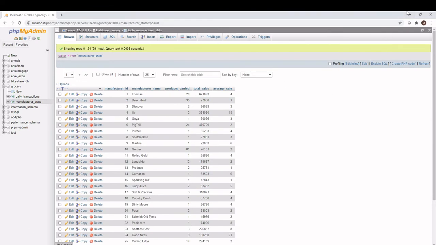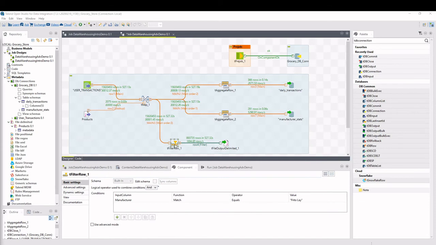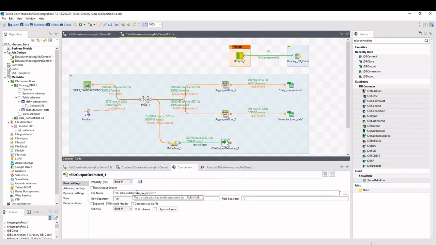And then I will now talk about this filter component, and this takes in a combination of the user transactions information and the products information, and filters where the manufacturer of the product for the transaction equals the Frito-Lay manufacturer. So it outputs all transactions where the product purchased was made by the manufacturer Frito-Lay, and it saves that into a CSV file, Frito-Lay info,